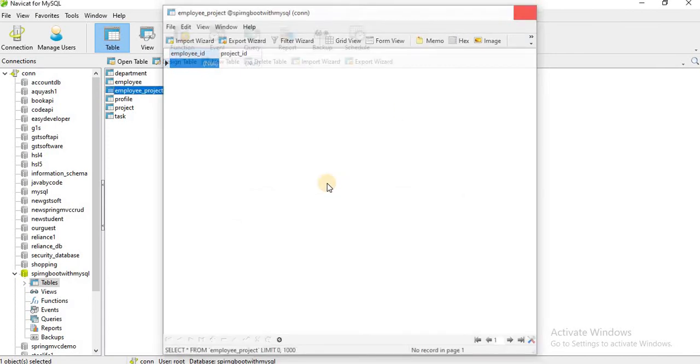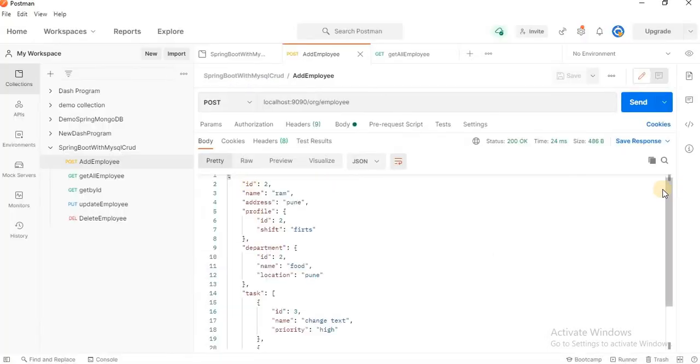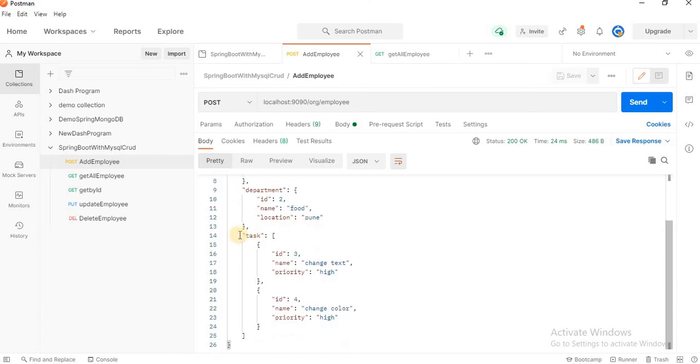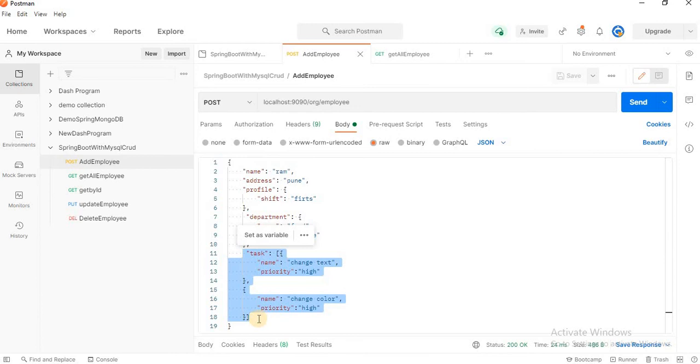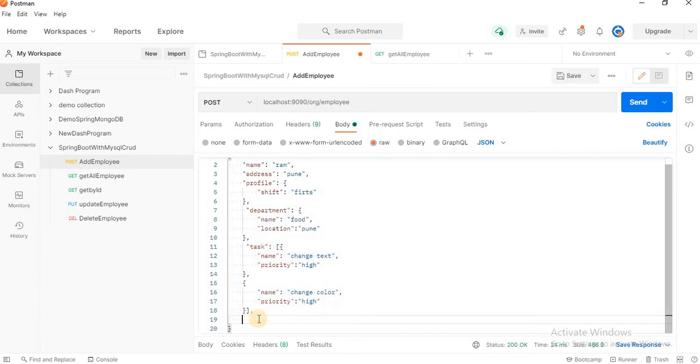Let's insert the record. Okay, I will simply copy this task from here, copy, paste.